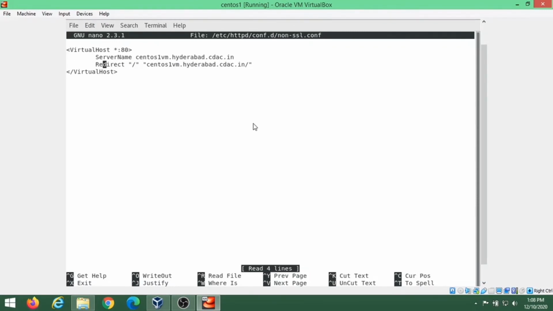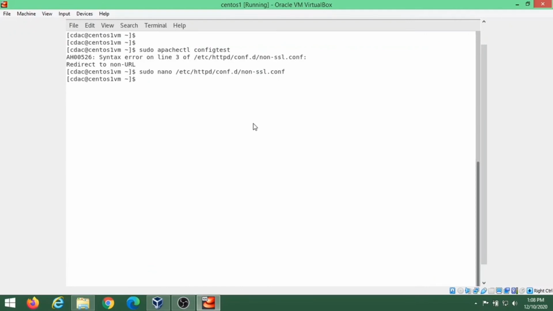Here in the Redirect directive, we have missed the HTTPS. Let me add it. Now we can save the file and again run this command.